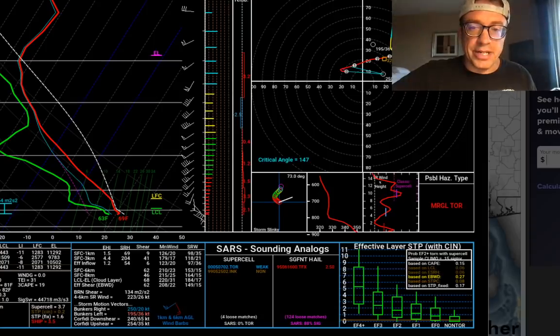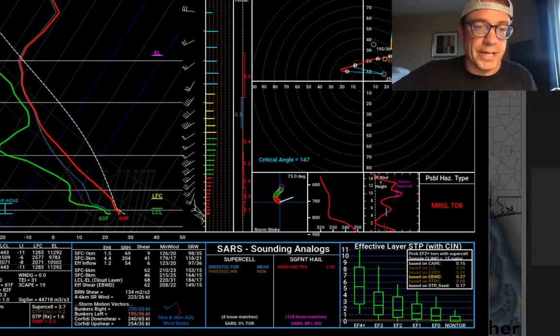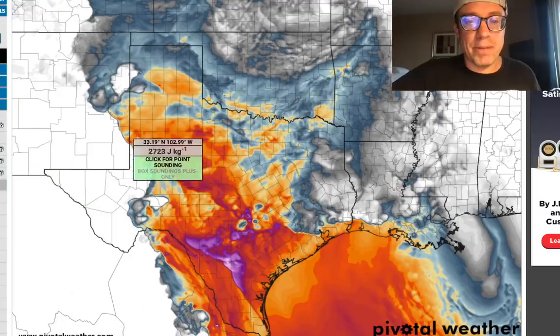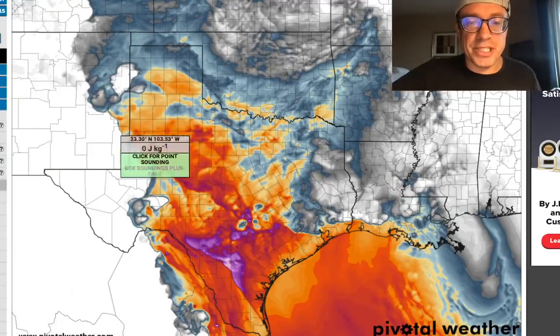And look at this sounding here. You have easterlies up to about 1 kilometer, and then you flip around to that low-level jet, which is going to be increasing through the afternoon from 4 p.m. to 7 p.m. And then you've got that jet streak, 50 knots out of the west-southwest at 500. And that's why you've got such extreme bulk shear. With those east-southeasterly winds at 15 knots at the surface, and then your 6-kilometer wind out of the west-southwest at 50 knots, you're talking about 60 knots of bulk shear